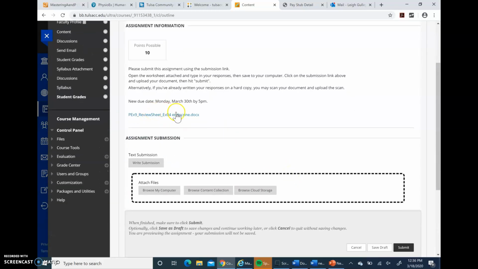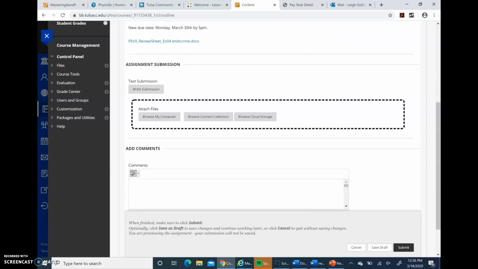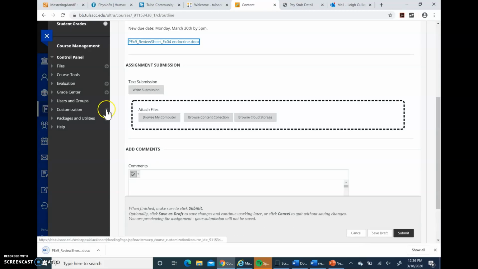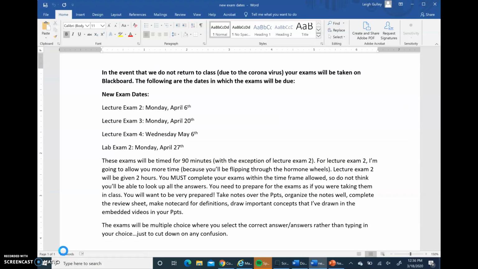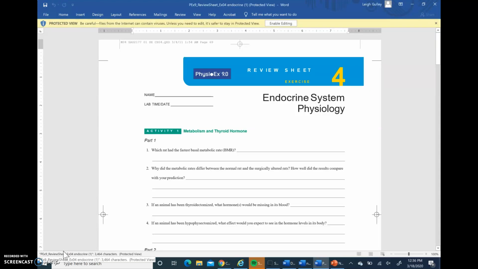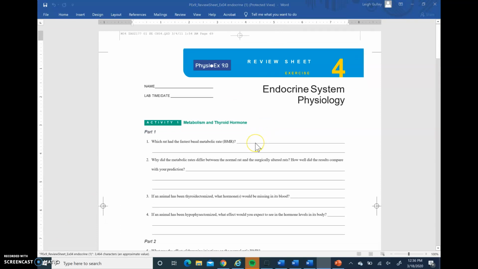And there's the review sheet that you were given. But here's what I've done with that. That was a PDF document. I've converted it to Word. So when you click on that, here's what you're going to get. Let me go ahead and click on it. It's going to open up that document as a Word document so that you can type your answers in. Here it is. So it's now in a Word document that you can open in Word, and then you can come in here